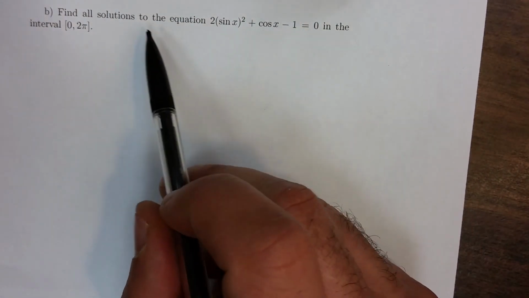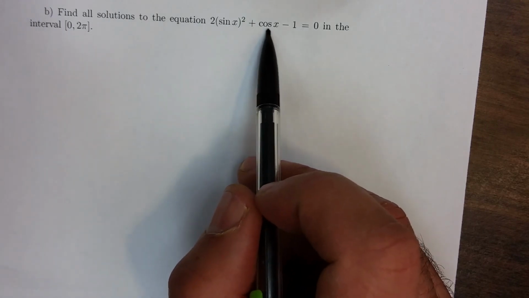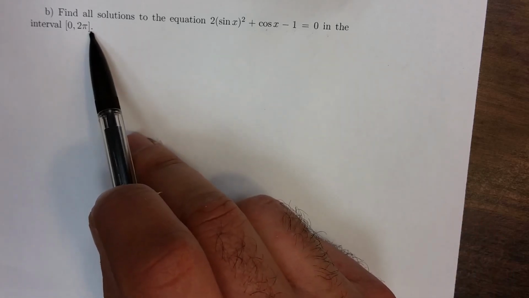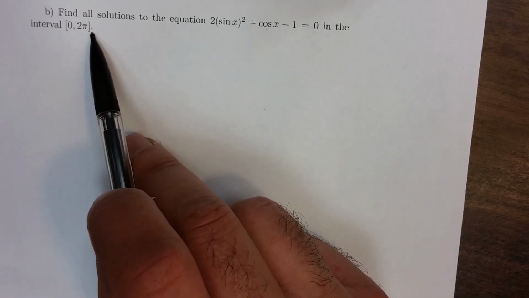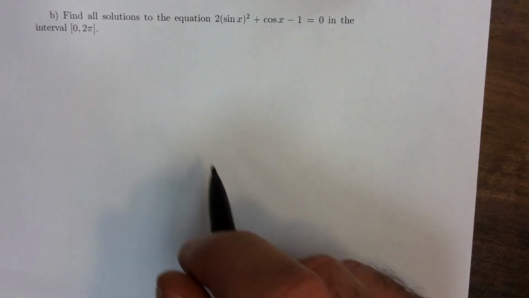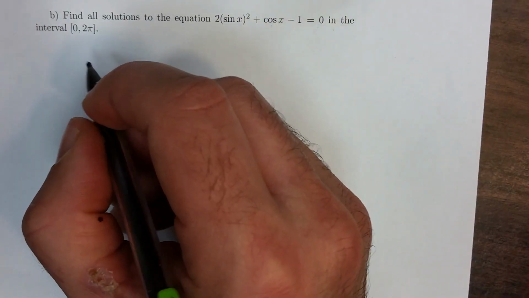And now we're supposed to take a look at all solutions to 2 sine squared x plus cos x minus 1 equals 0 in the interval 0 to 2 pi. Okay, so we can go ahead and write this as, take a look and